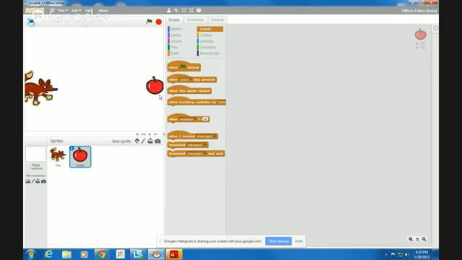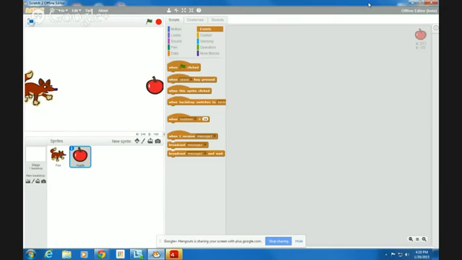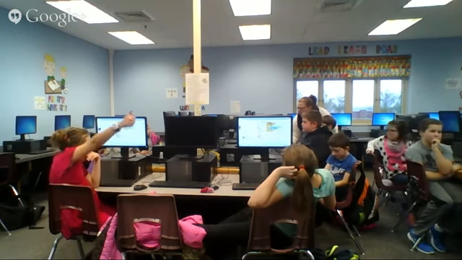So when you're on your second sprite, just drag it back to the little scroll, the options, and you're going to want to click where the fox and apple are. You're going to want to click on the fox. And it should make a little box around it. So you got it? Yeah. All right.